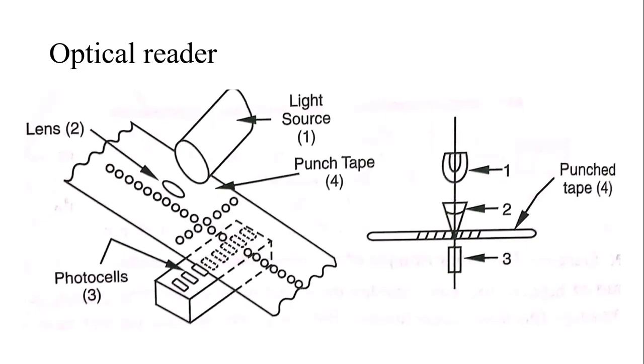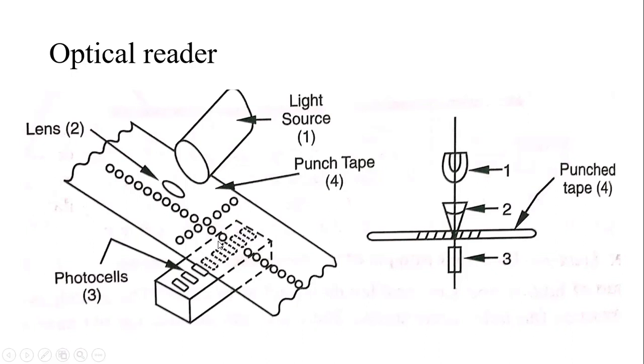So how do optical readers work? You can see there's a light source on this side. This is a light source, this is a punched tape, and holes are made in the punched tape. And there are photocells. Photocells are those things which can sense the light. So I'm throwing the light. If the light is passing through the hole, we all know that if there is a hole, the light will pass through it. Then the light will be sensed by the photocells. It means that if the light is sensed, there's a 1 position. If the light is not there, then there's a 0 position.